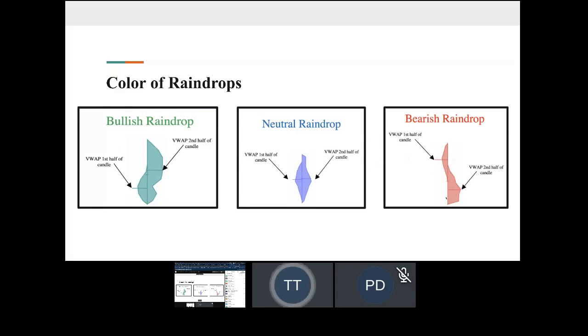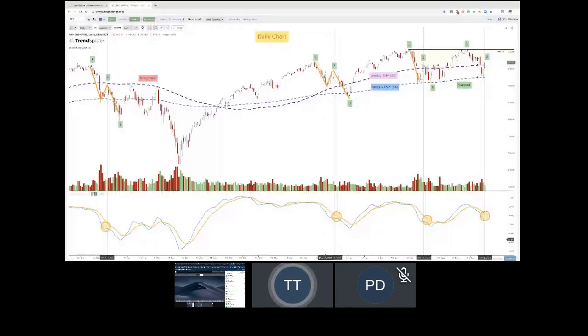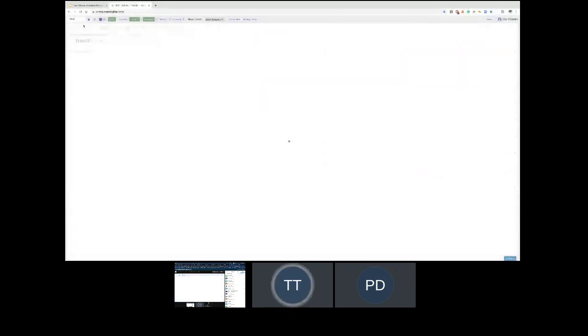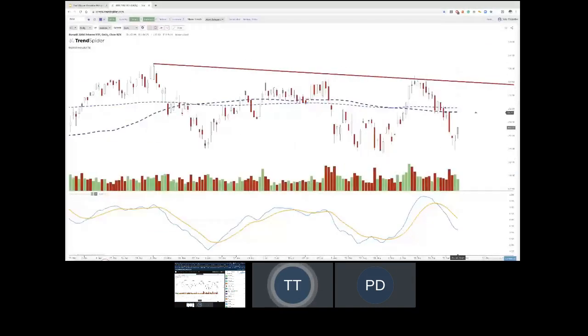And so you can really use these on specific areas of breakout resistance or breakdown support. And I'll go over a couple examples of that here. Let me just go to IWM because this is really just a classic example of this. And what you can see here is we did this presentation on I think it was the 15th, 2 weeks ago,